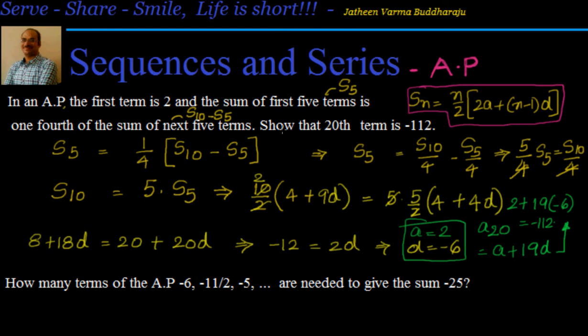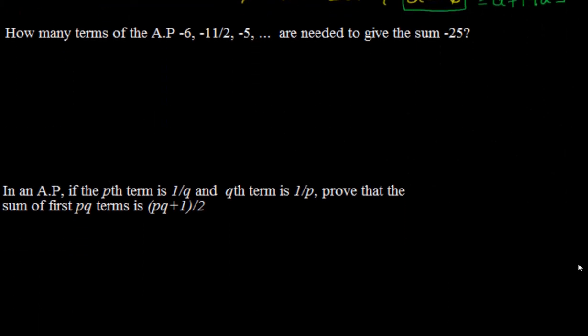So the key to this particular problem is to understand that the sum of next 5 terms cannot be directly identified, because in arithmetic series we have it starting from the first term only, but I can write it as S10 minus S5. If you are able to understand that, then it's simply substitution and finding out. Let's move to the next problem. Okay, here we go.